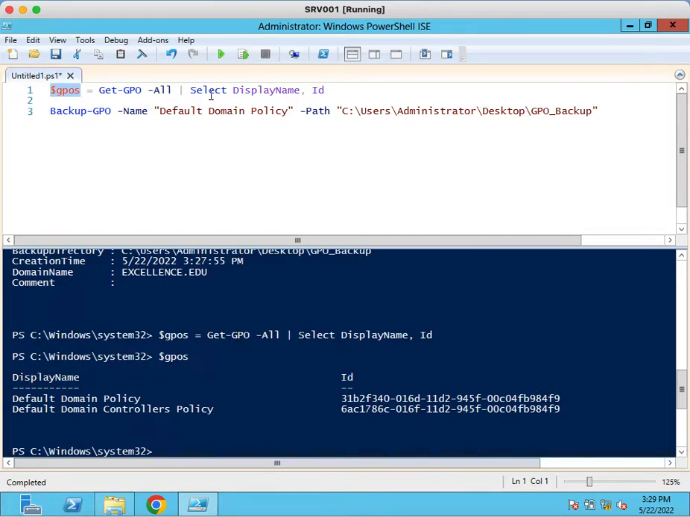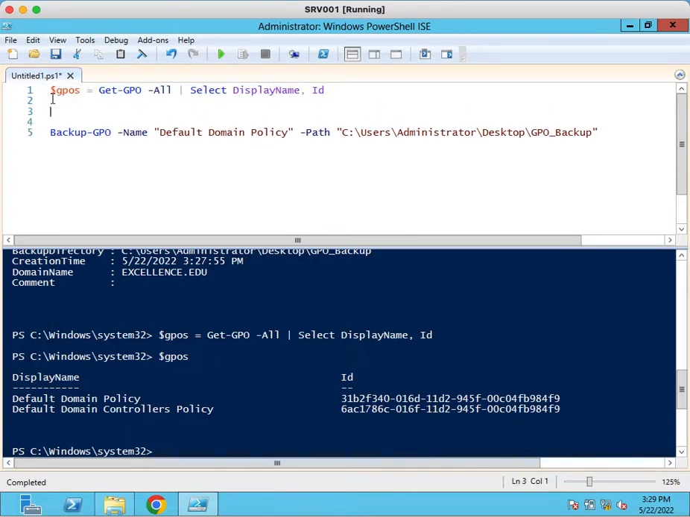Okay, so this command's output is stored in this variable. On this variable we will execute the backup operation by using a foreach loop. In the foreach loop we are going to select one GPO